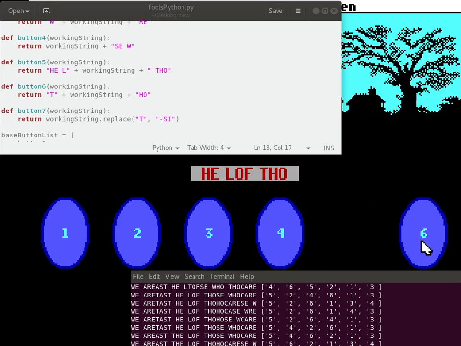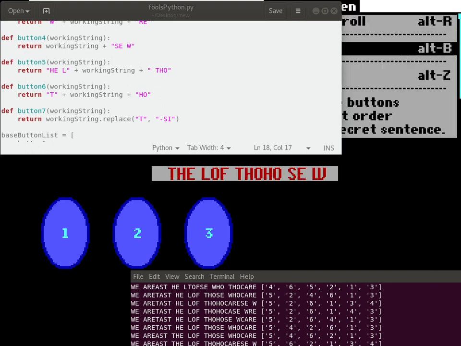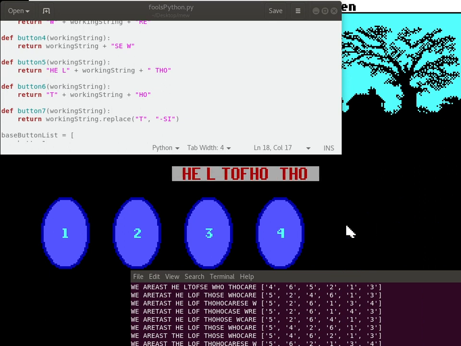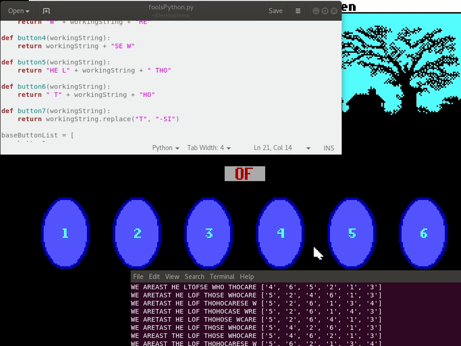Yeah. Oh, I wonder. So... yes, button 6 actually adds a space at the beginning, I think, if I'm reading this correctly. So, with that,